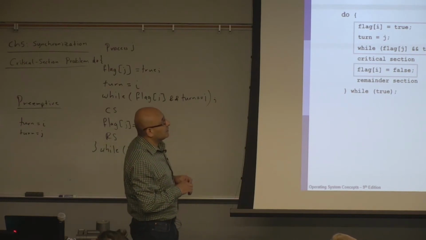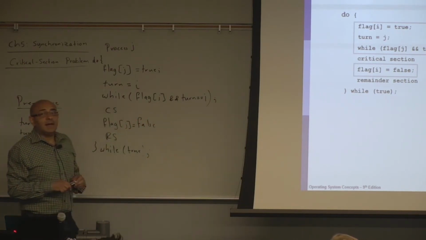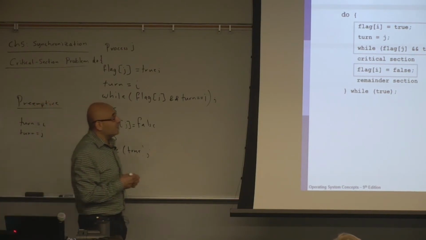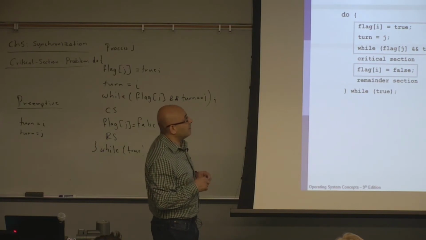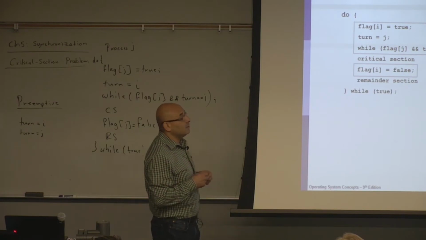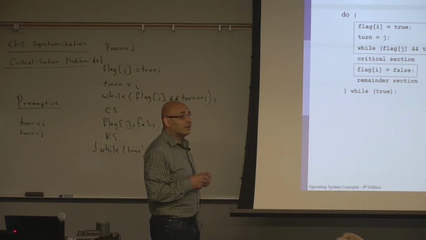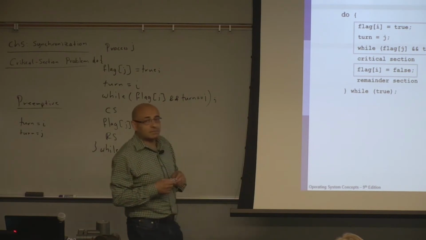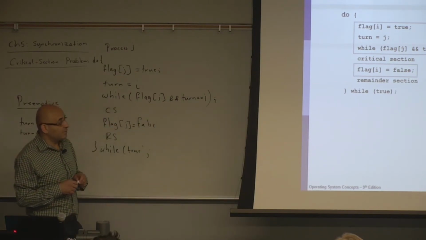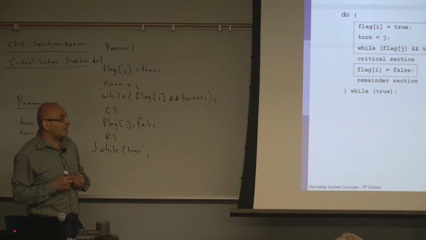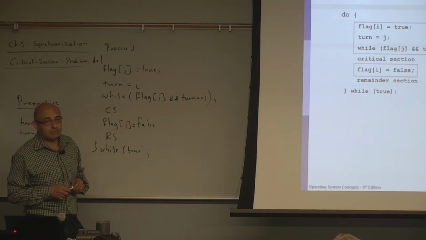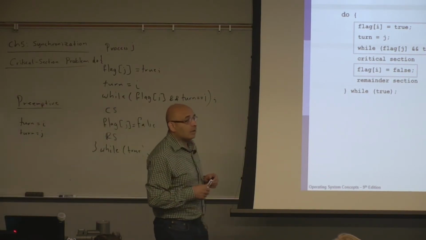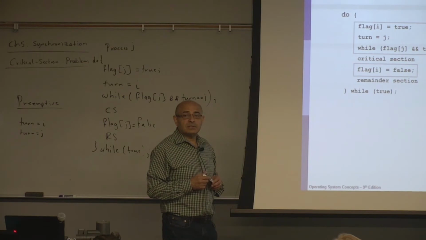Well, yeah, it's critical, yes, but the problem is not to solve it. It's guaranteed to be atomic. So it's access to turn and flag of I. So this is the assumption: access to turn and flag of I is guaranteed to be done atomically. Okay, so that's why this is a theoretical solution. If there is a mechanism that will guarantee that access to turn and flag of I is atomic, then this will work correctly. If not, then this will not work. Okay. Any questions on this?